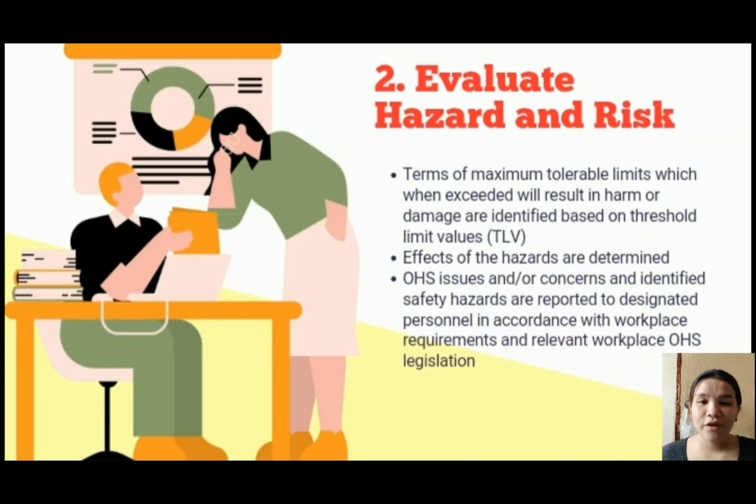Number two, evaluate hazard and risk. Maximum tolerable limits which, if exceeded, would result in harm or damage are identified based on the threshold limit values, or the TLV. The effects of hazard are determined, OHS issues and concerns, and identified safety hazard are reported